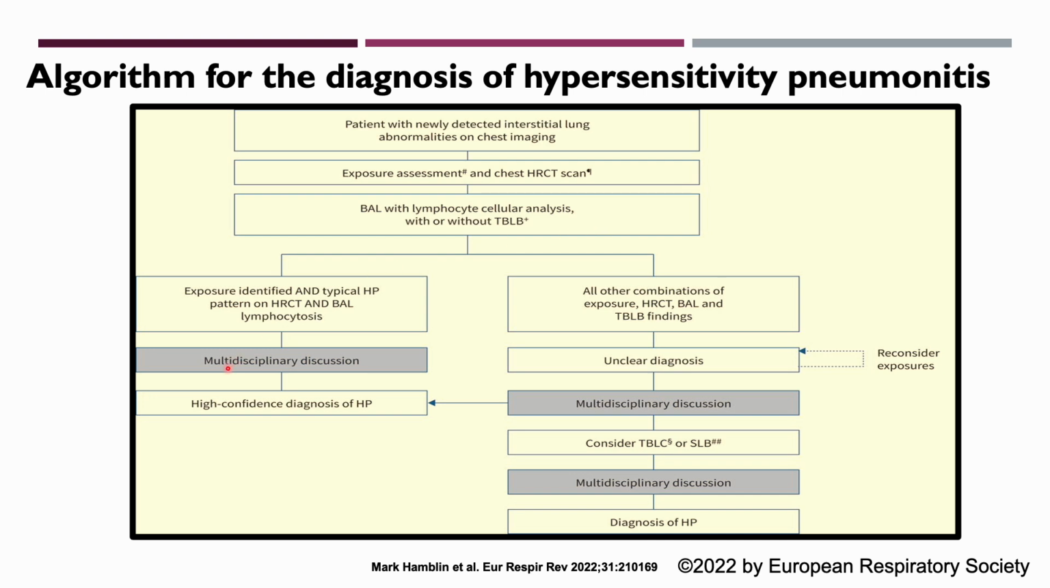If you can identify the exposure and typical HP pattern and BAL lymphocytosis, you could either go for a multidisciplinary discussion, there's a high confidence and you diagnose HP, or if you have all other combinations of exposure, CT, TBLB, BAL, but the diagnosis is unclear, then you could take a multidisciplinary discussion. If nothing is very clear, you ask the patient to undergo a surgical lung biopsy or a transbronchial lung cryobiopsy, and based on the discussion, diagnose HP according to the